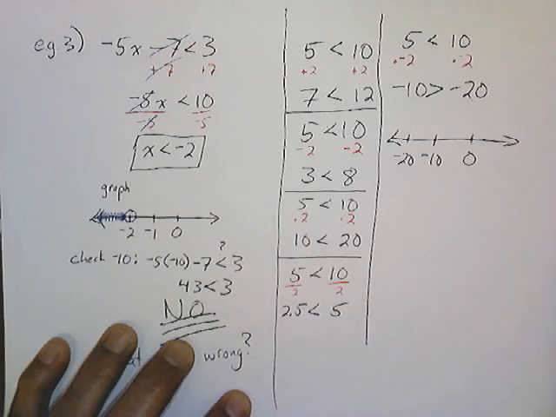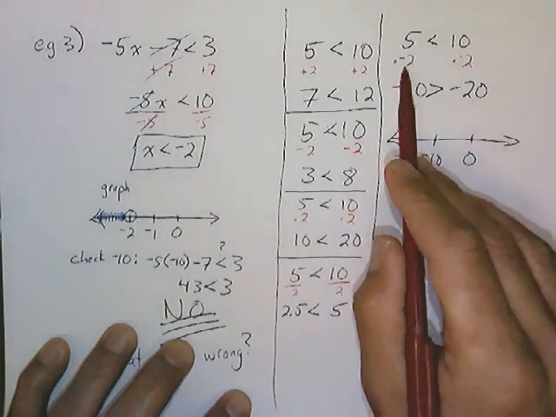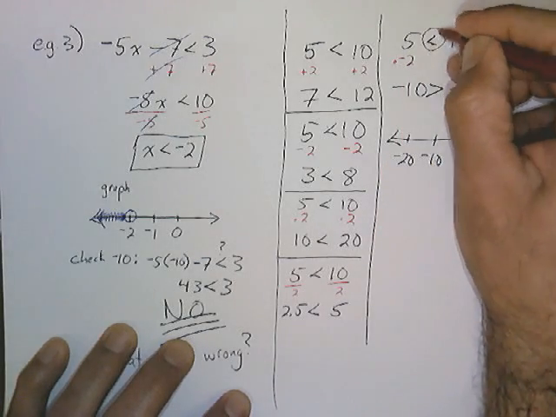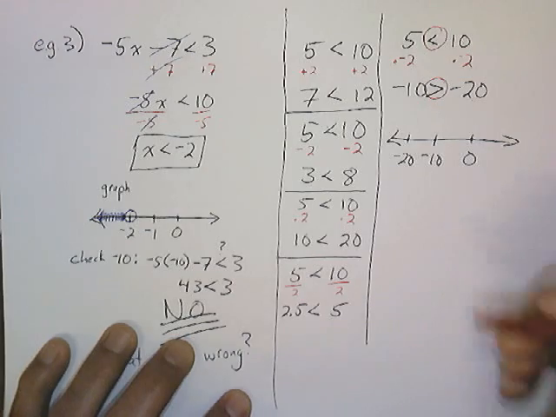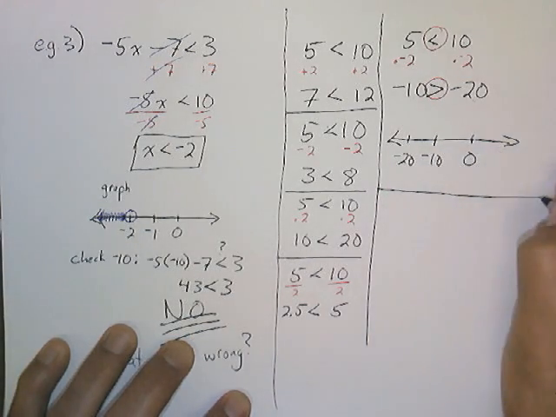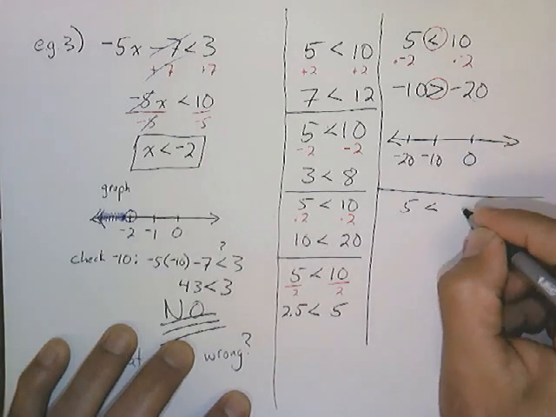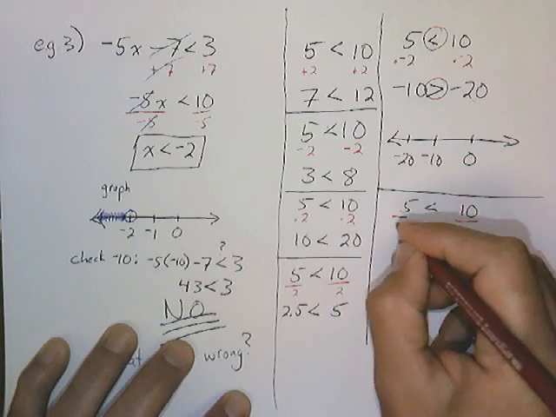So here's one of the ideas. When you're multiplying both sides of an inequality by a negative number, what happens is the inequality flips. Or 5 is less than 10. If we divide both things by a negative number,